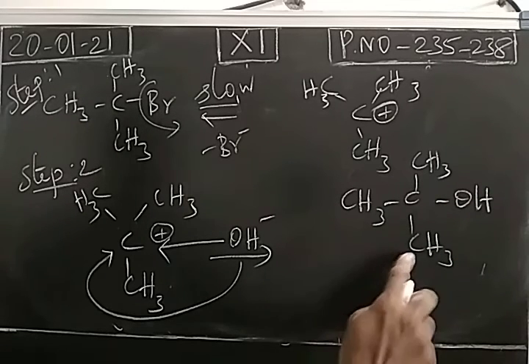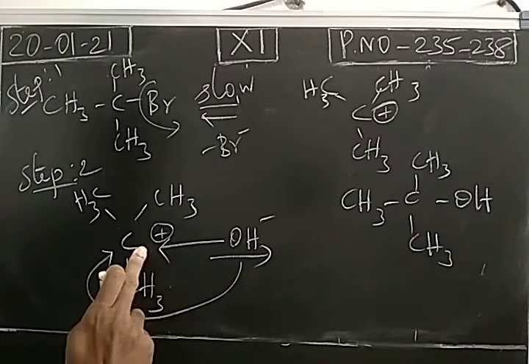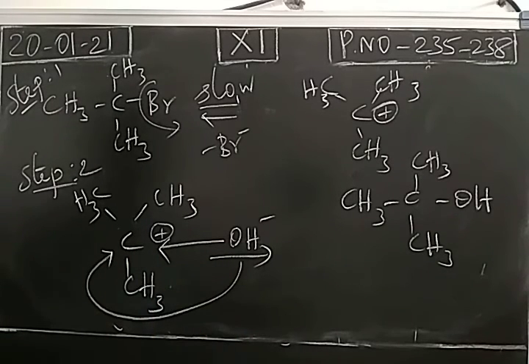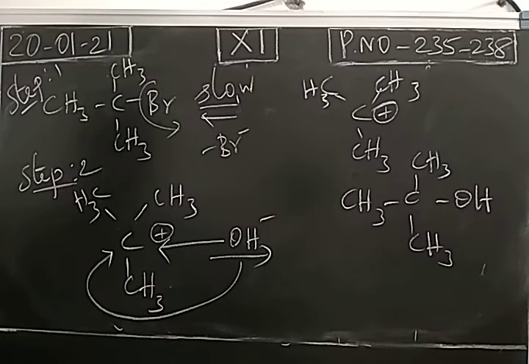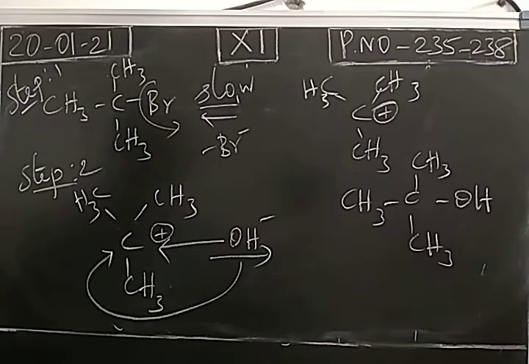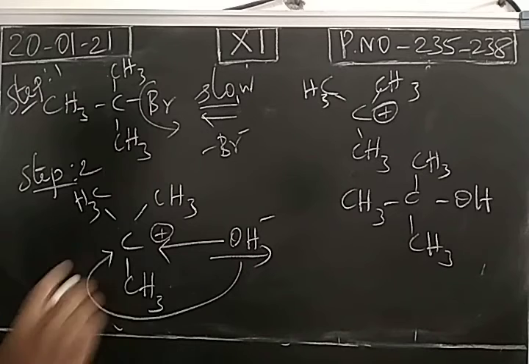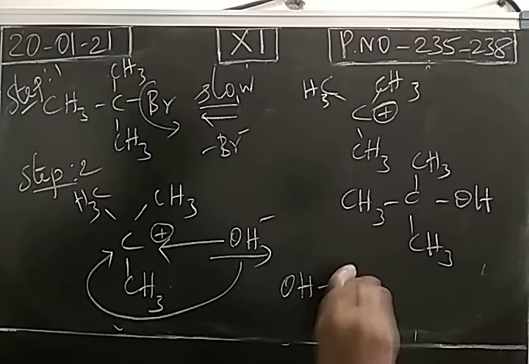Tertiary butyl alcohol is the product. Okay. So the OH minus nucleophile is attacking the head carbon from the front side. When it attacks from the front side, we will get the product with retention of configuration. So the configuration of the alkyl halide is regenerated. It is called retention of configuration. The common name is tertiary butyl alcohol. What about the IUPAC name? 2-methyl propan-2-ol. One more possibility: OH minus can attack this head carbon from the back side. So the product may be like this.